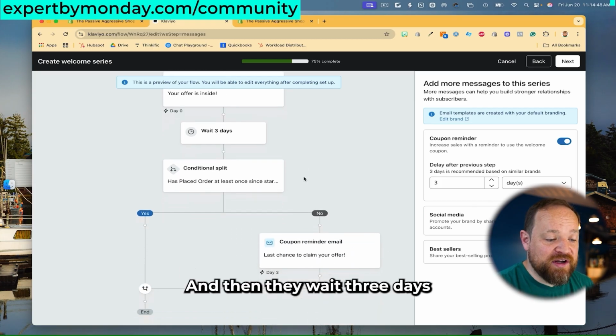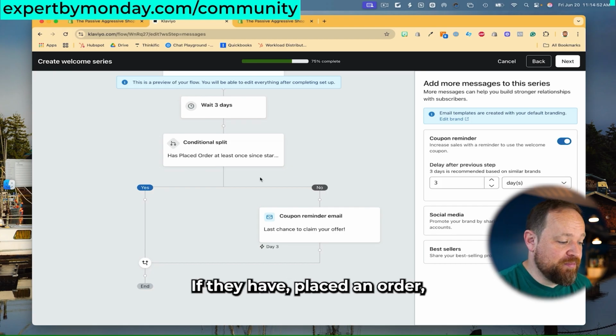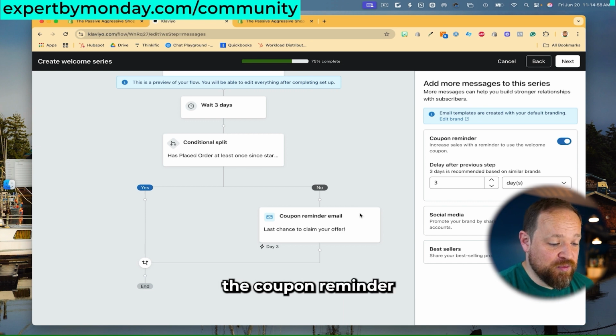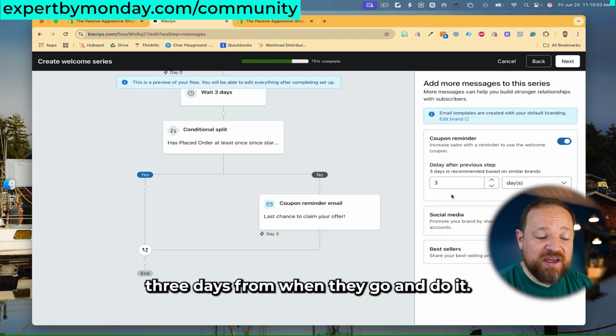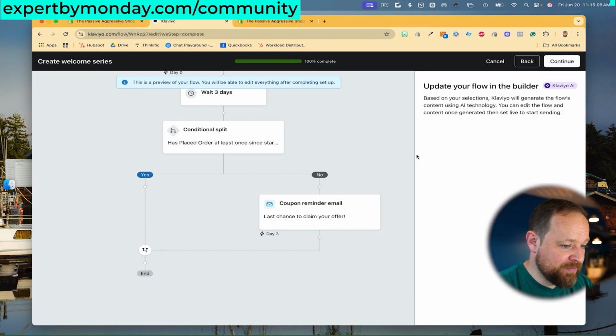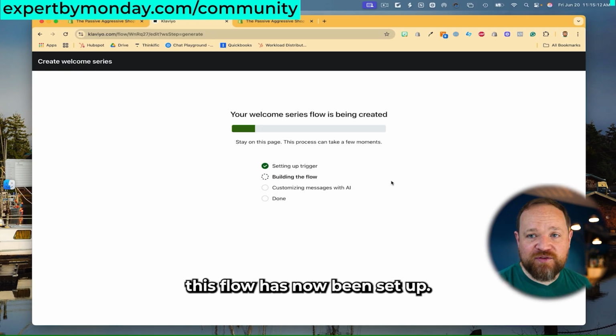And then they wait 3 days, and then there's a conditional split. If they have placed an order, then we skip them and we go to the end. If they haven't, we send them the coupon reminder. And we're going to set this to delay 3 days from when they go and do it. Okay. Then we're going to hit next, and we're going to hit continue, because now this flow has been